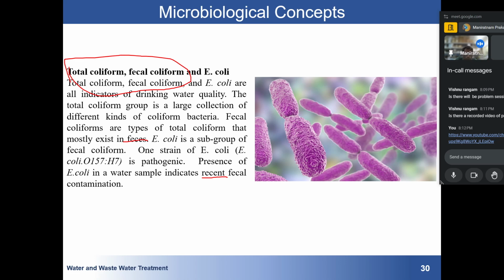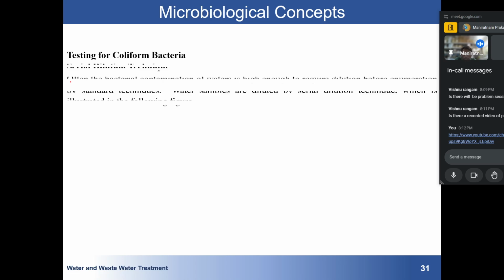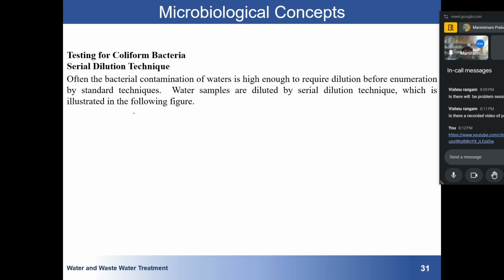Okay, now there are different procedures for how to do the total coliform test and how to do the fecal coliform test. So for testing coliform bacteria there are some techniques, and I will just go through them in brief. If you are a B.Tech student, you will be doing this experiment in your third year course, generally in the fifth semester. Remember, in testing there is some technique, because